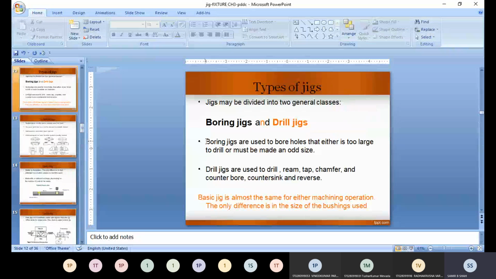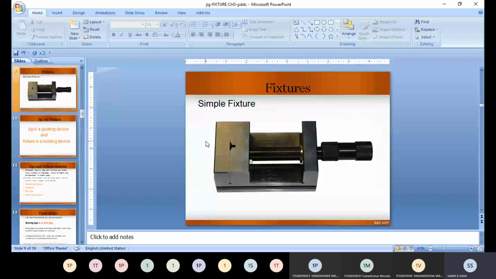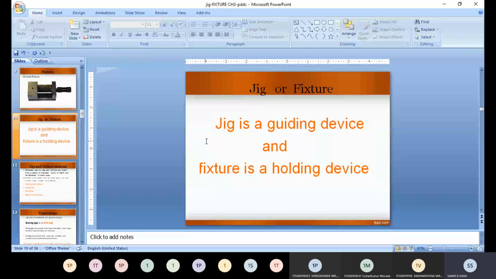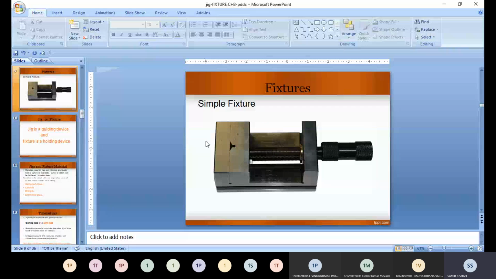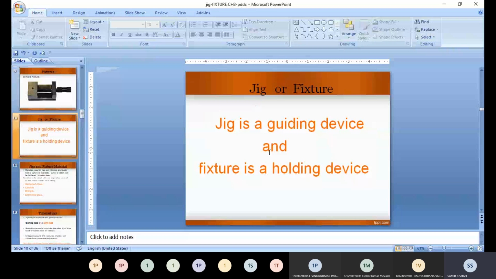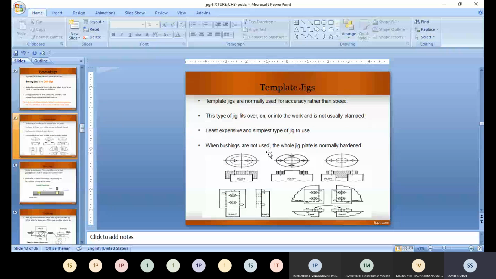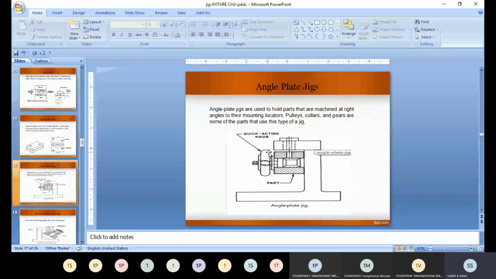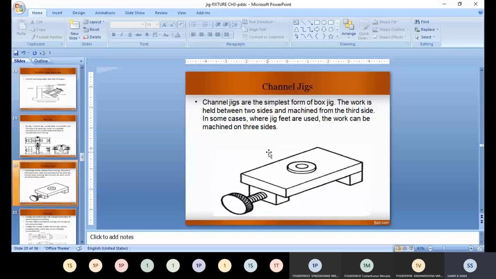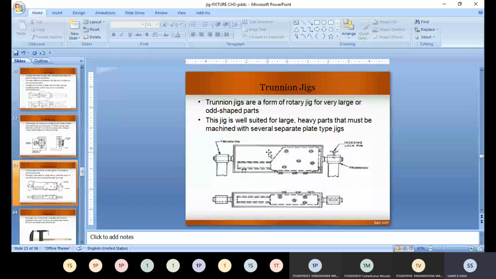If we don't have any fixture, still we can prefer this simple fixture for the bigger or larger part, which may be accommodated as per the dimension, and for the smaller parts we prefer the vise. So these are the two basic types of generalized fixture.